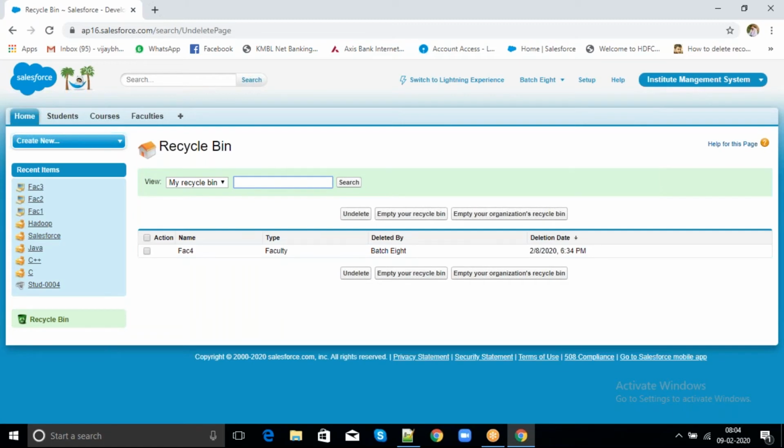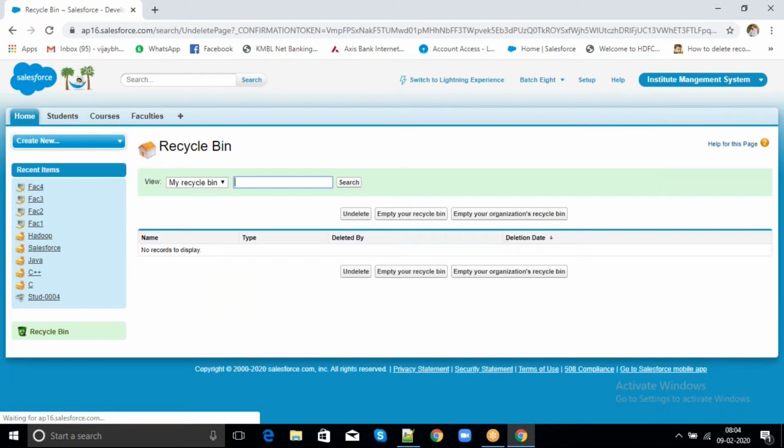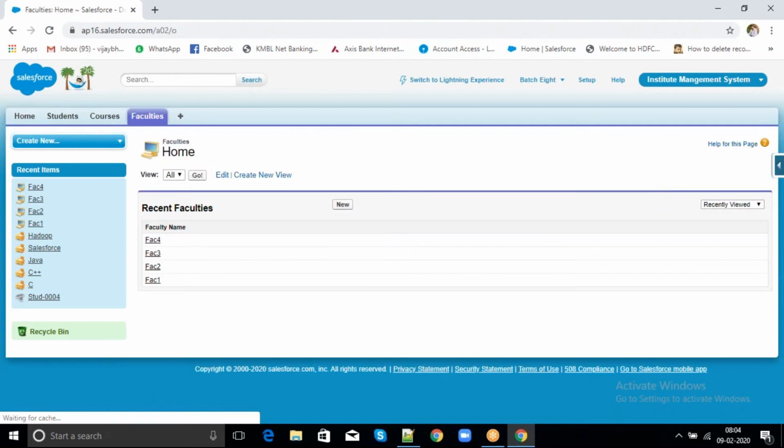Now if I want to undelete, I can undelete it, and that record will be there in the faculty object again. After 15 days, that record will not be visible; it will be permanently deleted automatically.